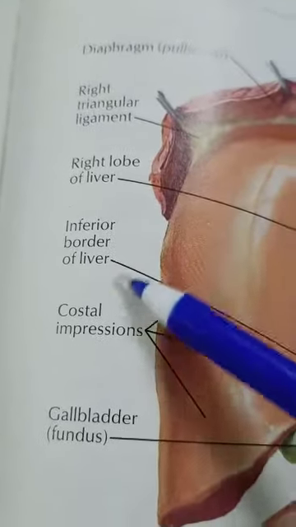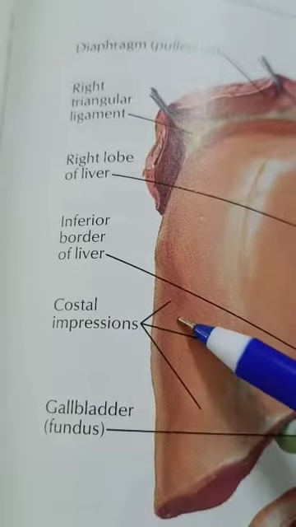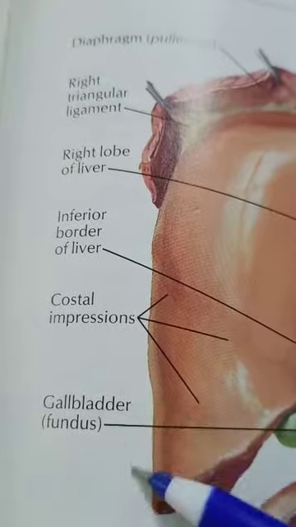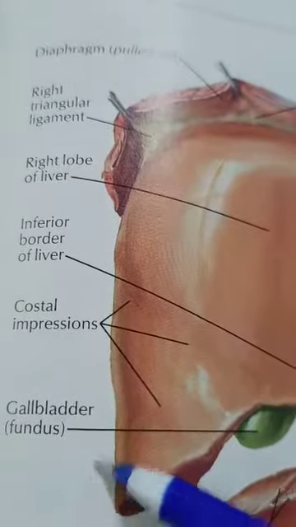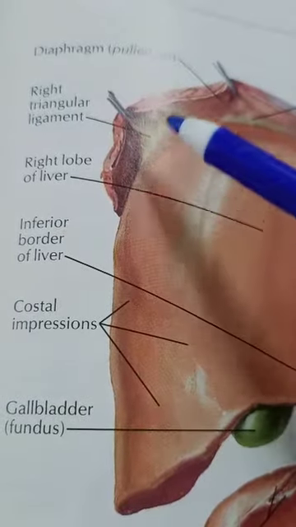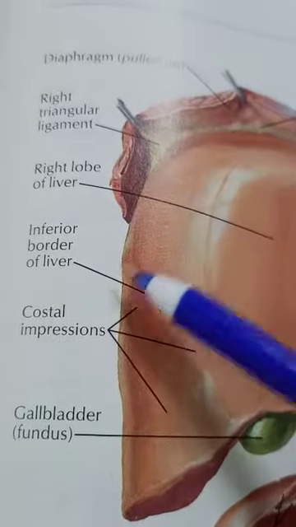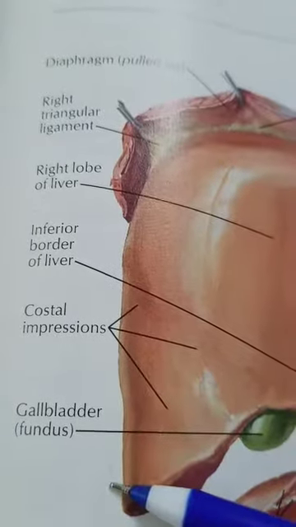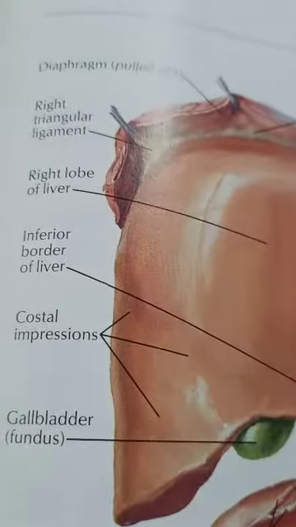Okay. Then pleura will extend downwards up to the middle one third. Then middle one third is related to pleura and the diaphragm. Then lower one third is related only to the diaphragm. So these are the relations of the right surface. Upper one third is related to diaphragm, pleura, and lungs. Middle one third is related to diaphragm and pleura. Lower one third is related to diaphragm. That is the relation for the right surface.